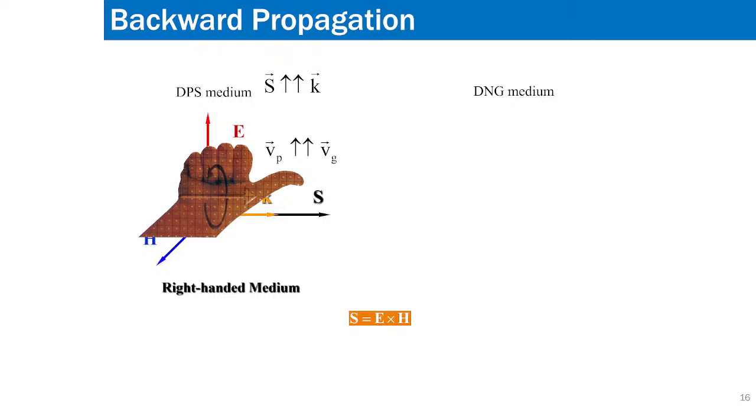Now let us consider the DNG medium. Here also E and H are as in the DPS medium. So if E and H are like that, then S is perpendicular to them. S is equal to E cross H. So this triad of E, H and S has not changed. But when we consider the K,